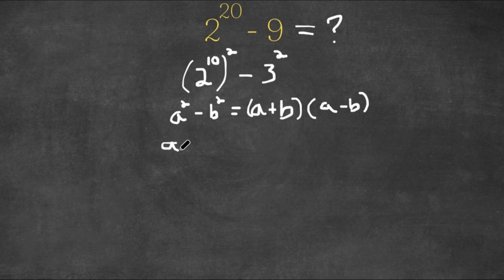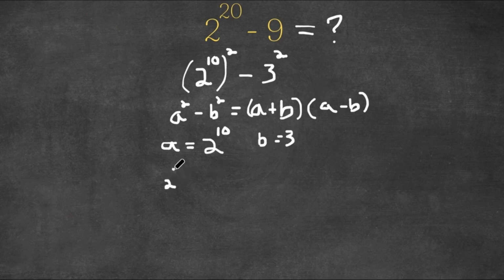So a is 2 to the power of 10 and b is 3. So now if we plug in a and b in this expression, we would get 2